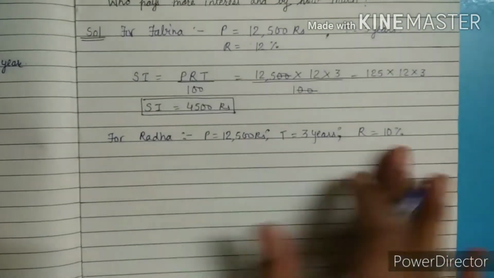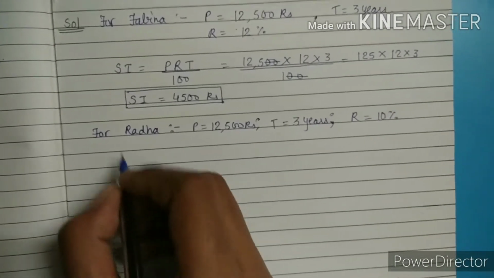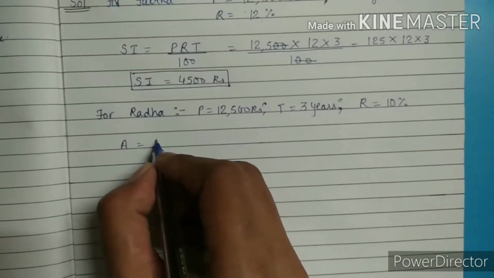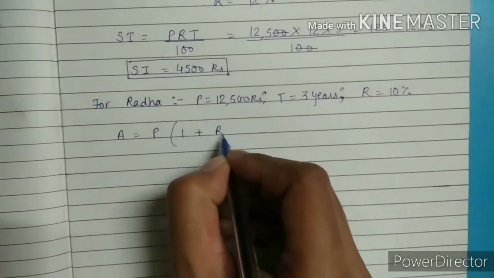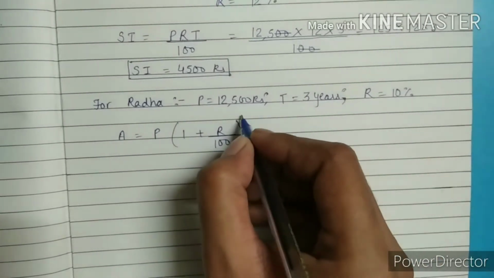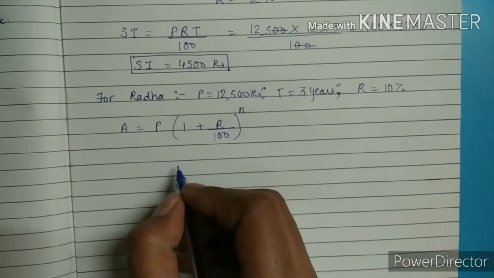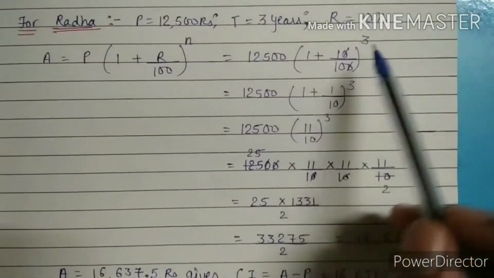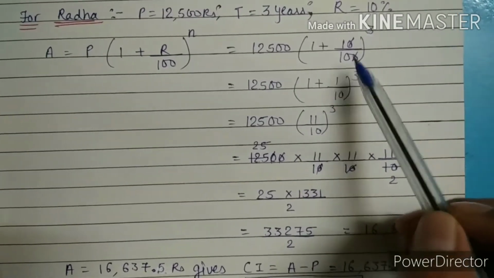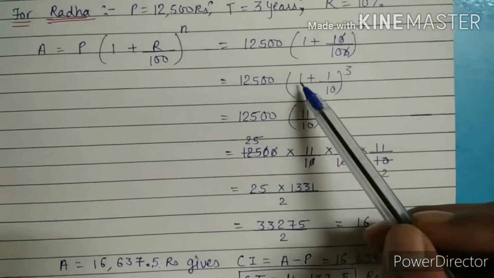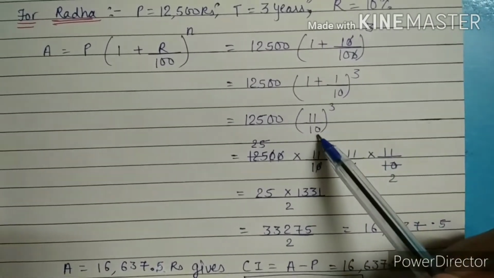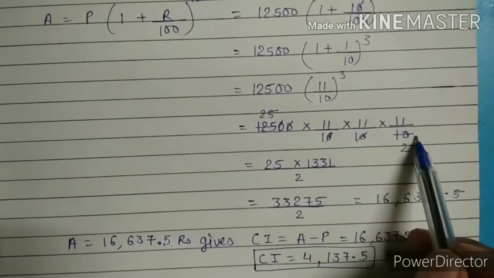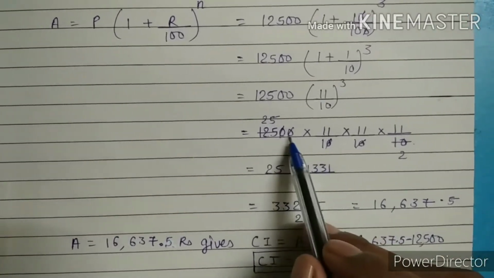So from these things we will take the amount. Amount that Radha has taken is P into 1 plus R by 100 whole power is the number of years. So after putting the values in the formula, 0 to 0 will cut each other. We have 1 by 10. 10 into 1 is 10, 10 plus 1 is 11 by 10. 11 by 10 whole power is 3, so it will come 3 times. 0 to 0, double 0 will cut.